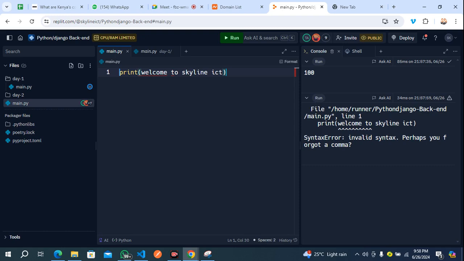Now, what you are seeing here is print welcome to Skyline, invalid syntax. So this invalid syntax means that you are going against the rules of Python. Python has rules that you must follow. And programming is a profession. That means in a profession, you must follow a standard way of doing things. There is no way you can go through the back door, or come up with your own way of doing it.